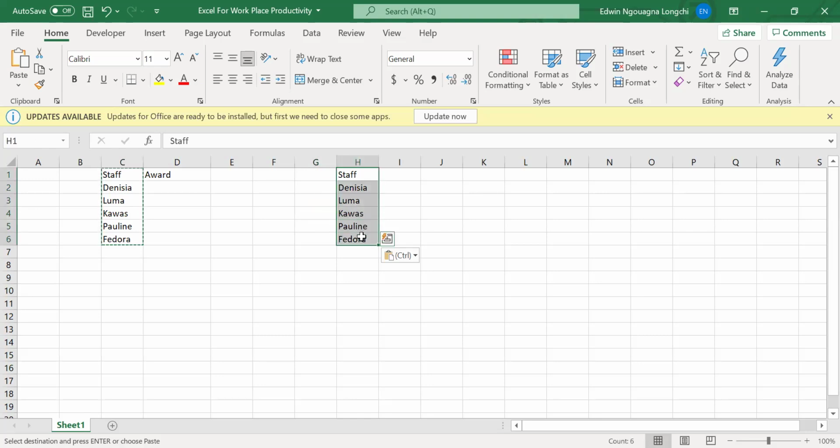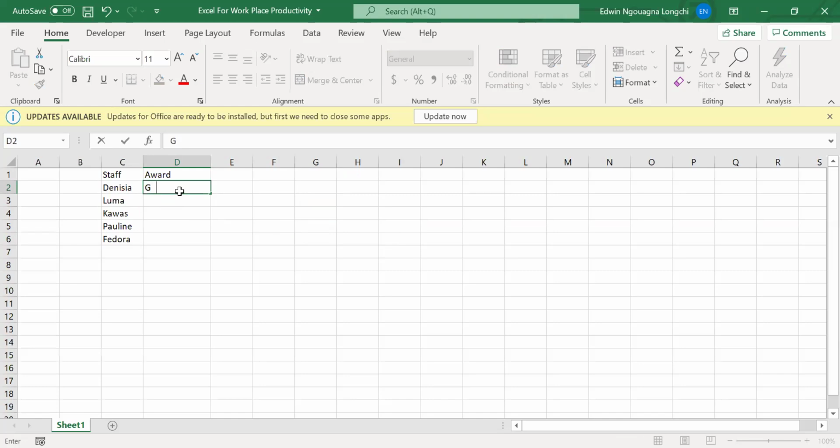Now there's another thing that is very important. So what should we say the awards are? Gold, silver, sapphire. Let's just say that these staff are awarded some precious metals. So let me put some data here. Silver. I'm not using any numbers yet, don't bother, I'm going to come to that. We're just understanding our Excel. Pearl. What other? Gold. Whatever precious metal there is. I've exhausted my dictionary of precious metals.